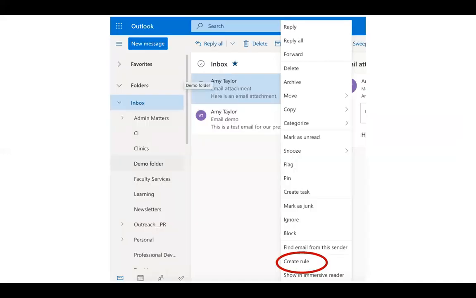Here are a few. I subscribe to Xero Inbox, but I put a couple emails in my inbox so that I can show you some things to do with them. So I've selected the email titled Email Attachment, and I have right-clicked it, and down at the bottom of the display, you can see Create Rule. So I'm going to click Create Rule,